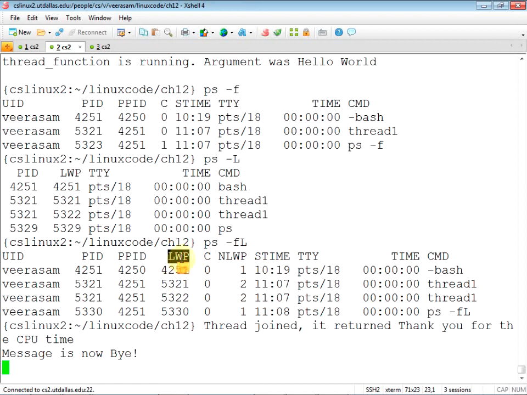The PID is not a unique number anymore once threads come into play, and this says how many threads. How do we know which one is the default thread? Whichever one has the PID same as the LWP, that's the default thread. If the LWP number is different, then that's not the default thread.